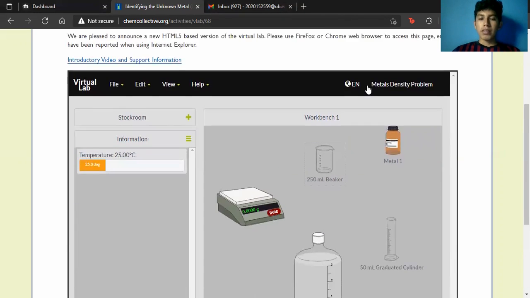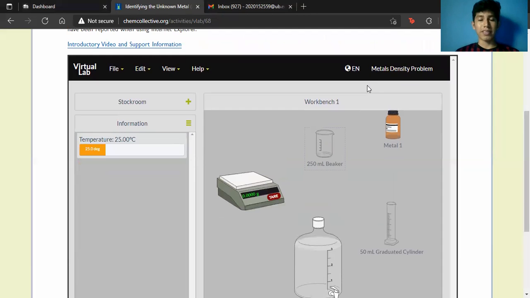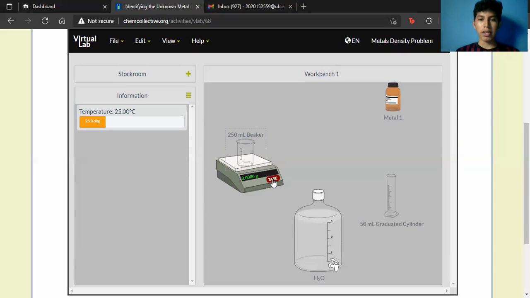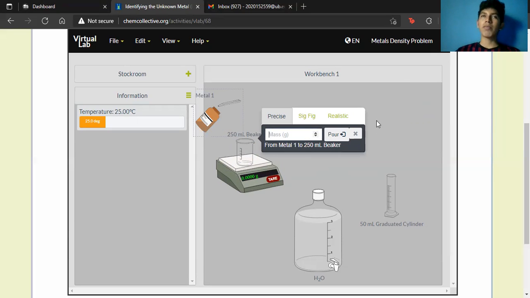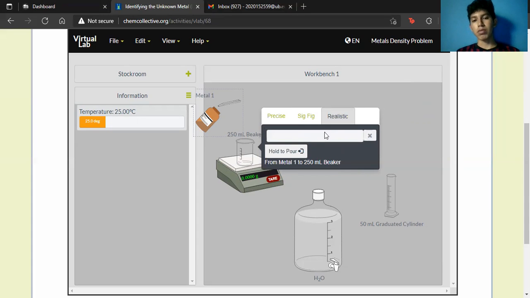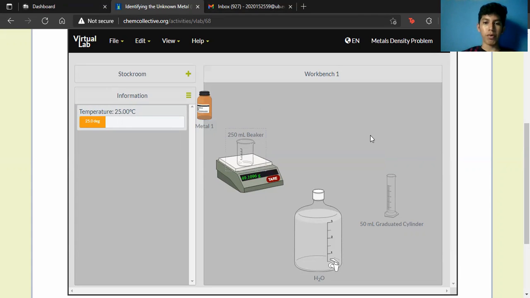we need to find the density of the metal, and to get the density, we need the mass and the volume of the metal. So to find the mass, I'm going to use the scale, put my beaker on there, tare it so that the mass of the beaker does not get counted, and I'm going to pour in my metal. To make it more realistic, I'm going to use this realistic method here to pour in the metal. So pour in metal. Here it gives me 49.1096